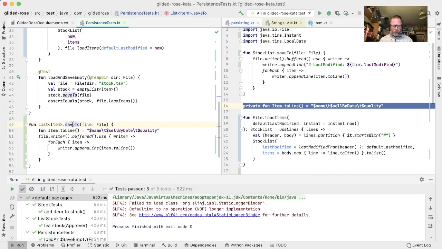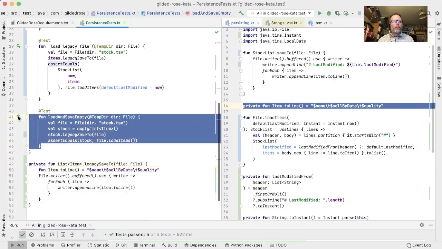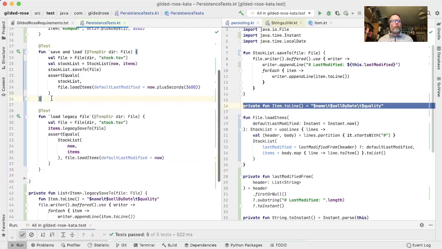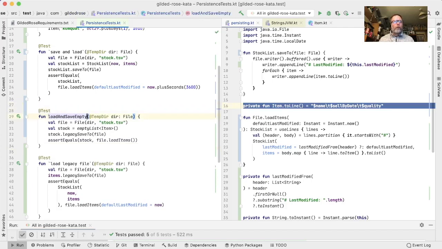It does, and now we can rename this to be legacy SaveTo. As we see that, though, I'll make that private for the tests. We could see that in fact our load and save empty was using the legacy version, so let's just fix that as well. So this will move up because it's part of our more important tests. We can also, it should be really save and load, but we can rename that with the spaces, and then we can say this should be save and load